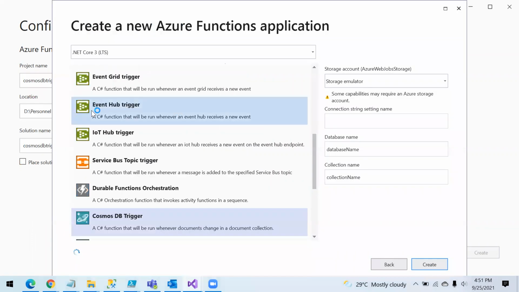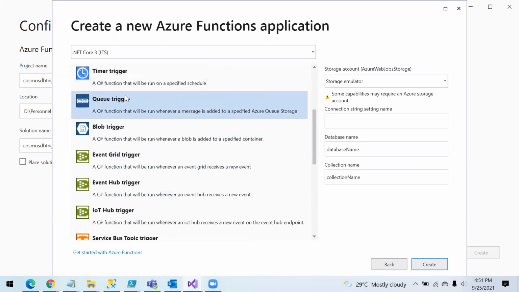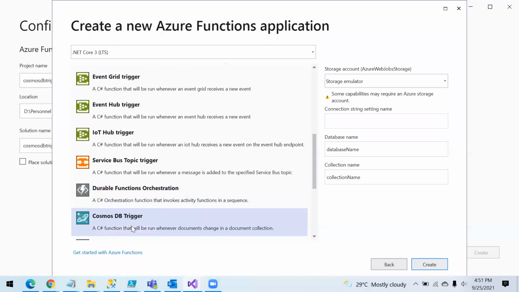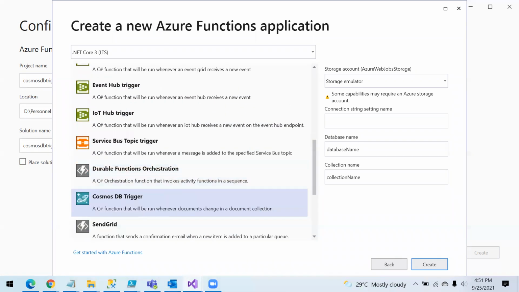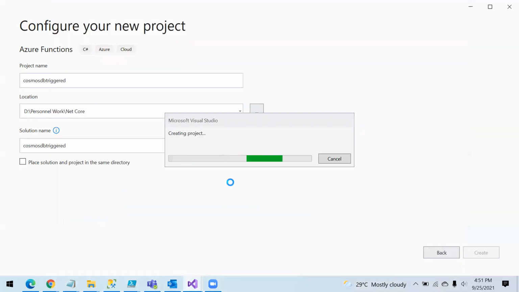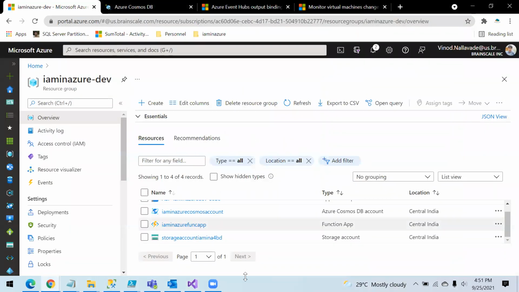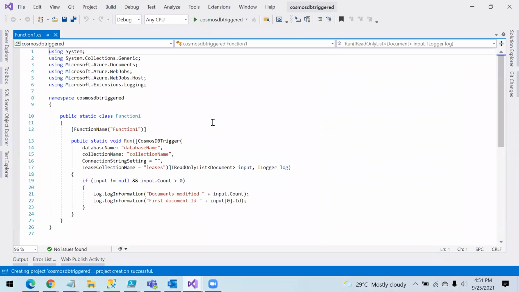So this will create. Okay, so it is asking for the trigger type. So we can use different types like the time triggered, queue triggered, blob triggered. So our request is this for the Cosmos DB. So let's just select this Cosmos DB triggered and create. So this will create a first function, which is Cosmos DB triggered with the boiler code. So let me show you that once we have it ready. Okay, so we have it ready here.